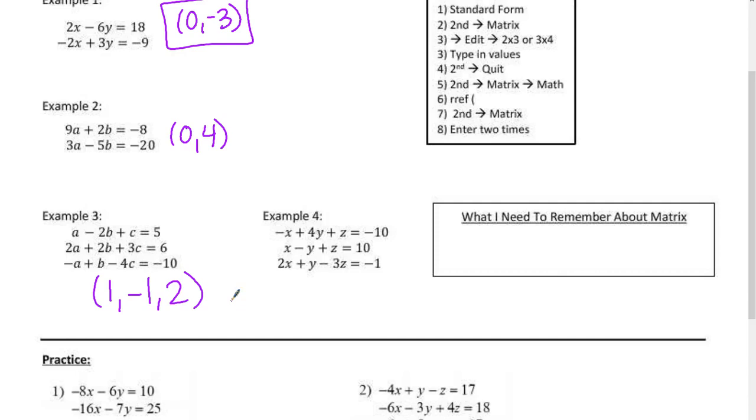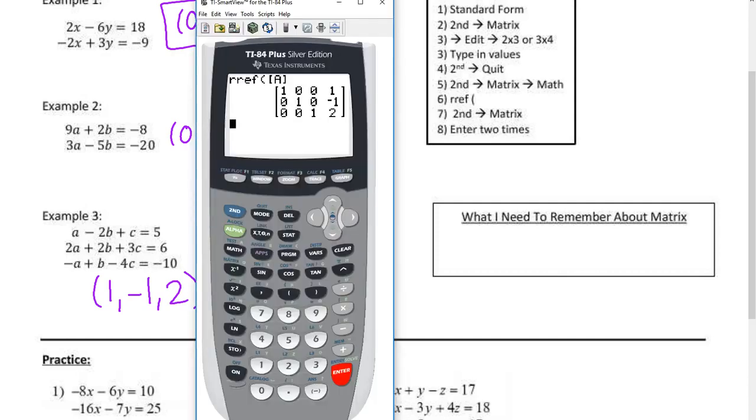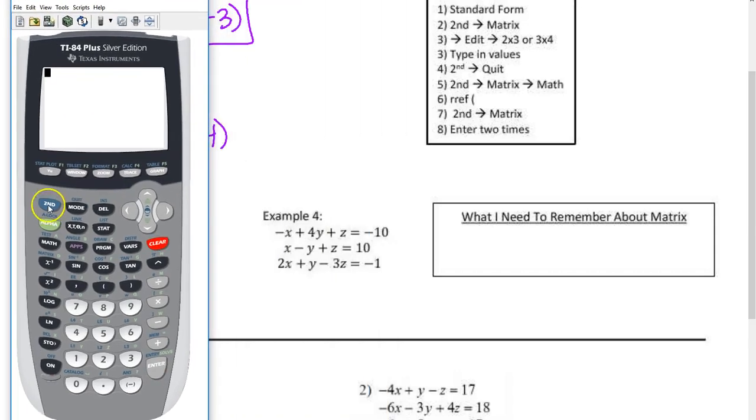Let's just do one more together. We'll talk about that box, and then we're going to practice. So back to our calculator. I'm going to clear this out. I'm going to bring this over here so you can see the problem. Second matrix, over to edit. This one's a 3 by 4, so we're good. I don't have to type that in again. And then these values. So -x, that's -1, +4, +1z equals -10,